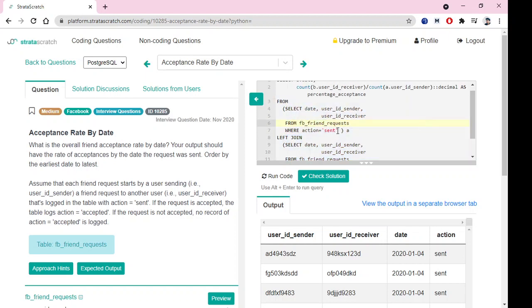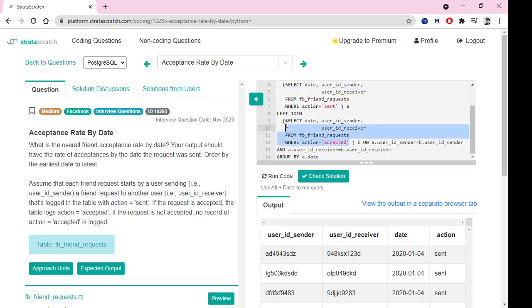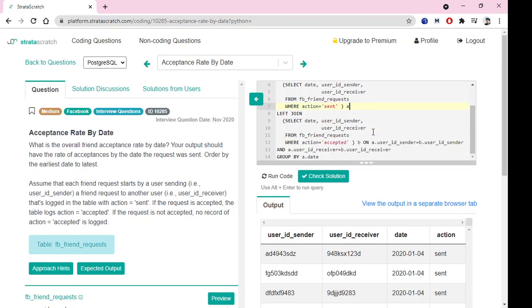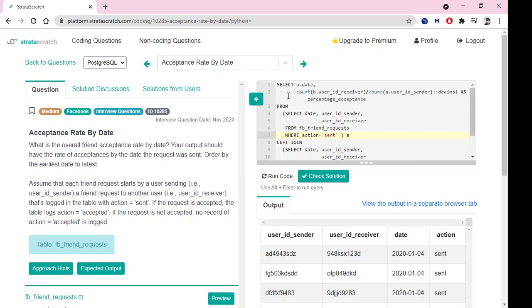So this is the whole thing, and it is very simple, I think. First we find out the sender table and the acceptance table. When we join the tables, it will contain all the IDs which are accepted, and the sent IDs will already be there, because we want all the sent IDs. We do not want any duplicates, that's why we have used a left join, so that all the sent ones will be there, matching with the left table. Hope you got the point. After we have joined the two tables, we have to find the percentage.